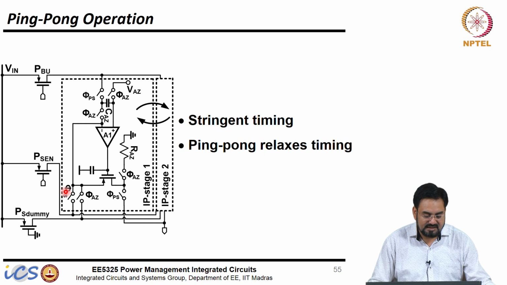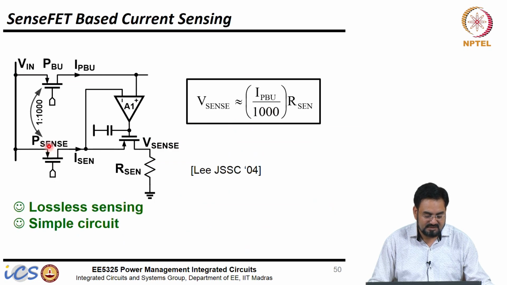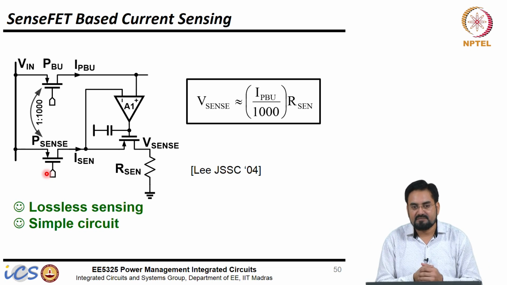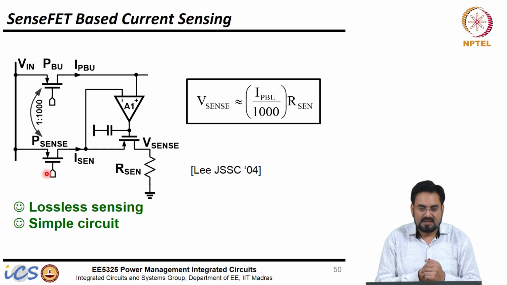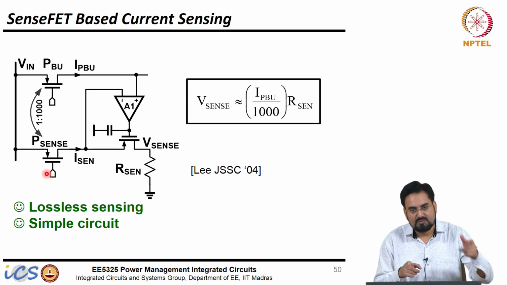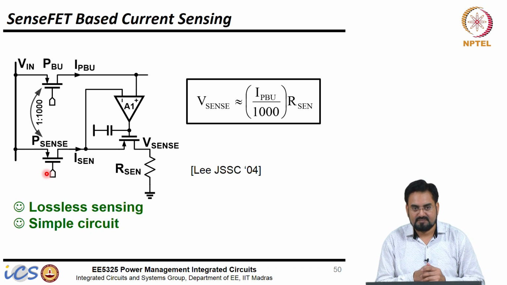So, I can still make this a 1:1000 ratio. Let us say I have 10 devices of the same size. If I connect all 10 in parallel, then I will get a 1:100 ratio. But instead of doing that, I will turn on only one unit at a time. But in one period, I will move across all the FETs, correct.